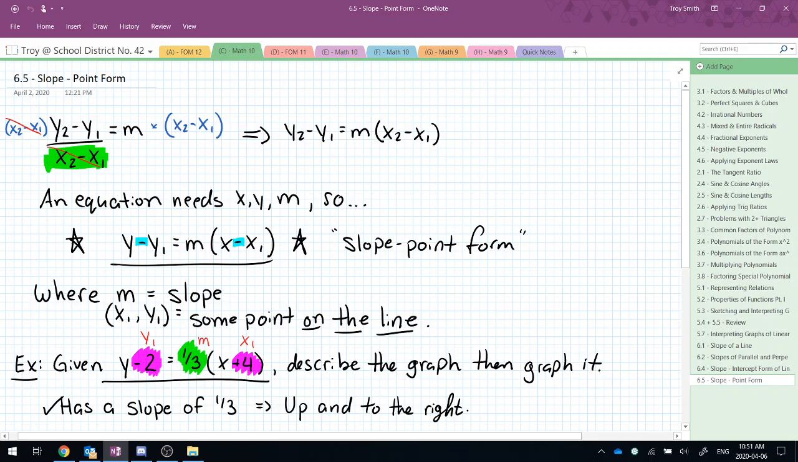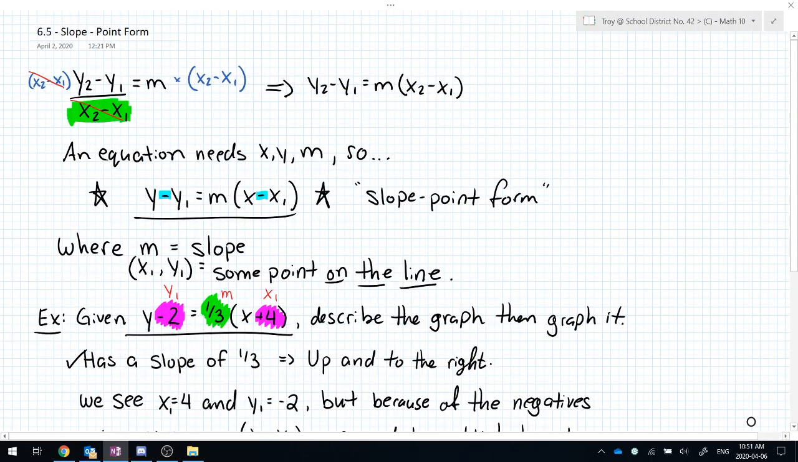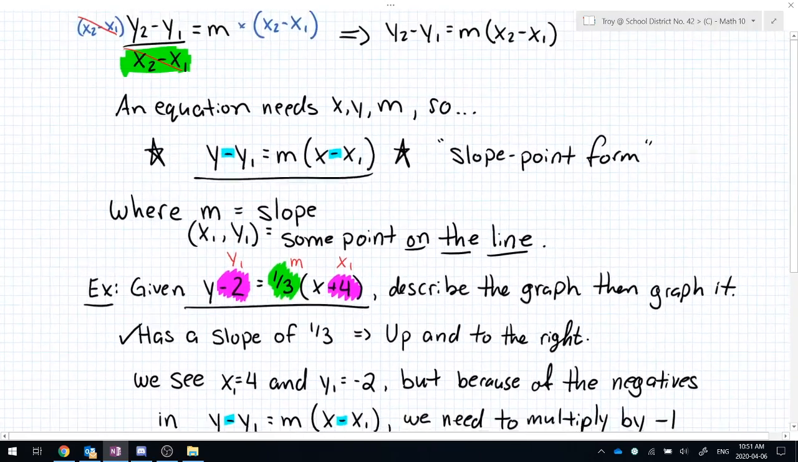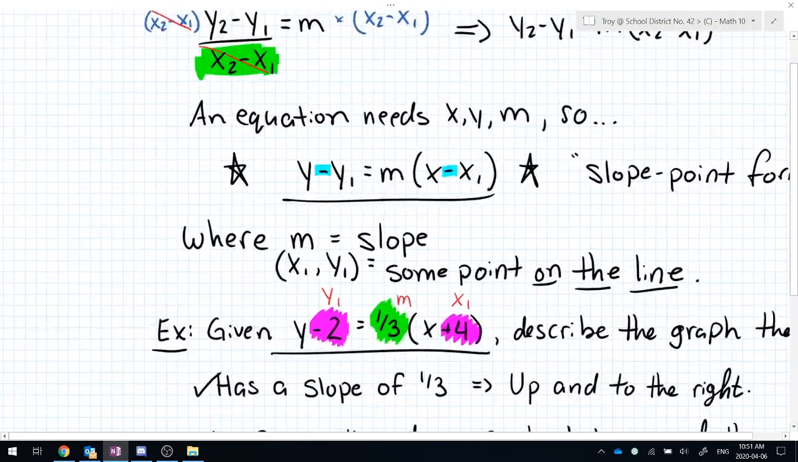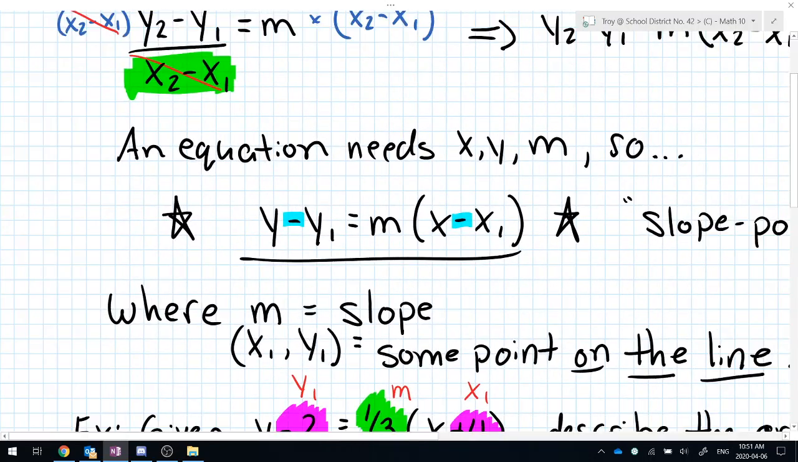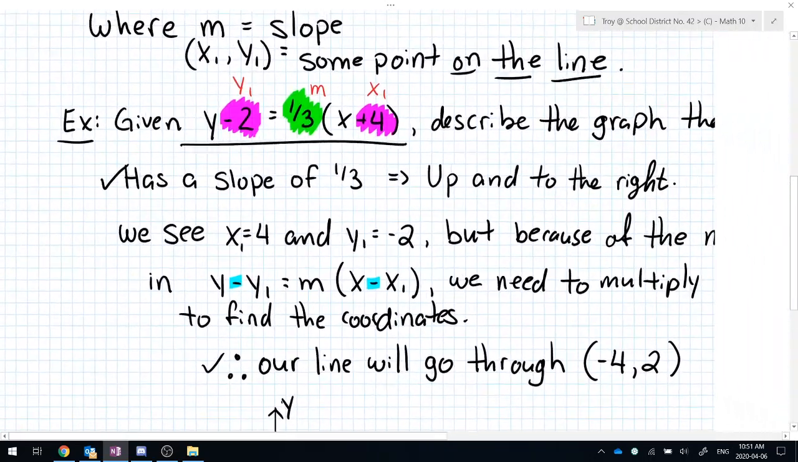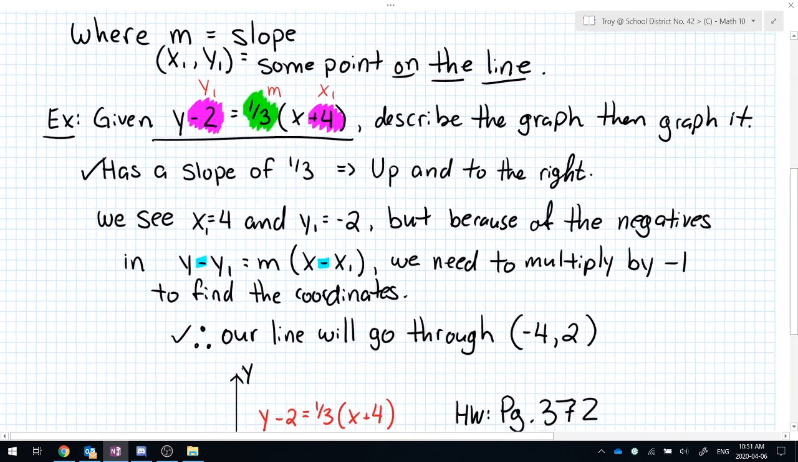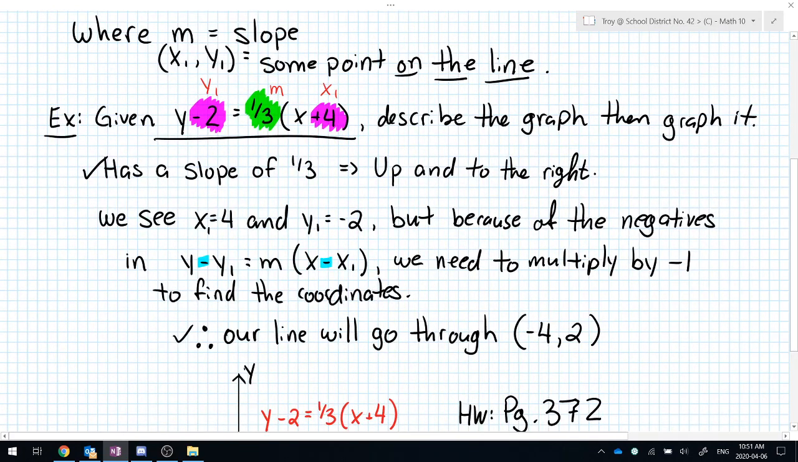Hello everybody. So today we are going to finish talking about slope point form that we started the other day. If you remember, this is our slope point form: y minus y1 equals m times x minus x1. And of course, x1 and y1 are the coordinates of a point that the line goes through. All I really want to do today is just do a couple more examples